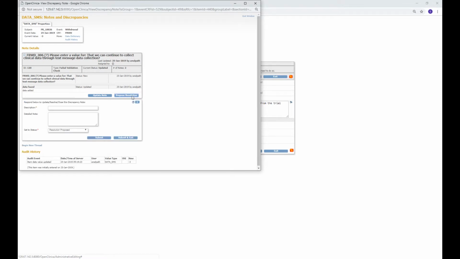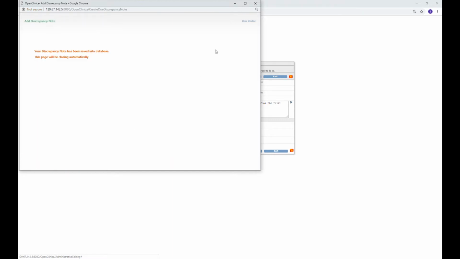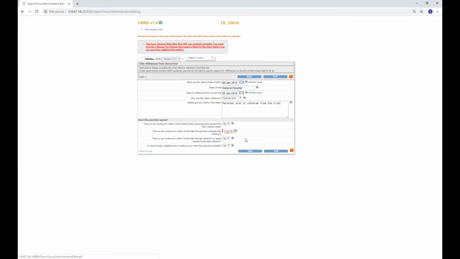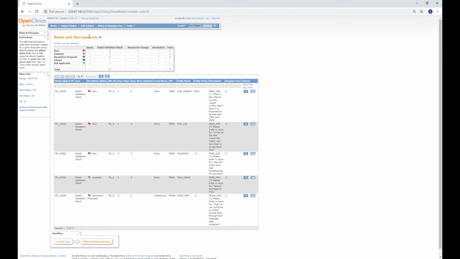Similar to when we updated the discrepancy note, you need to enter a description and any additional notes before clicking Submit and Exit. If you are changing multiple values in a section, you have to do this for every single question that is changed. Now that we've added the resolution proposed discrepancy note, we can click Save,